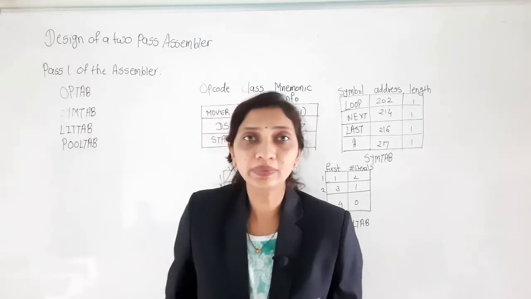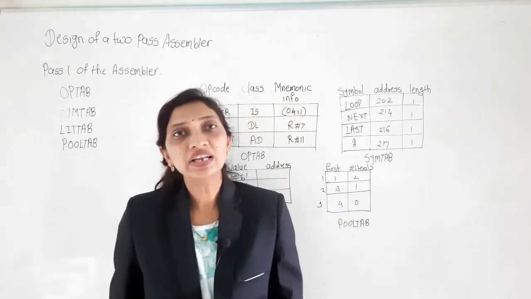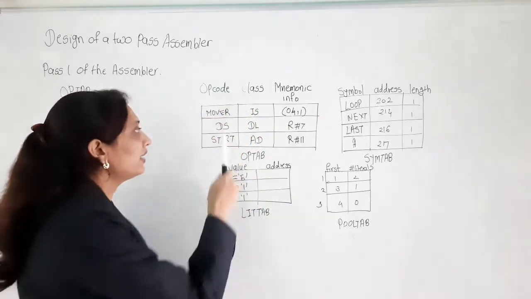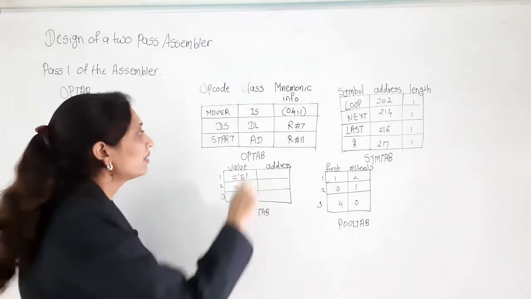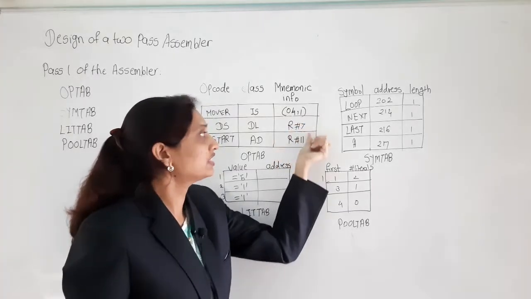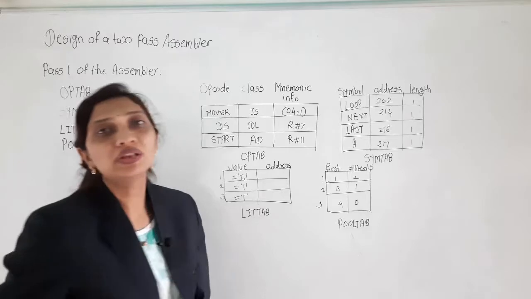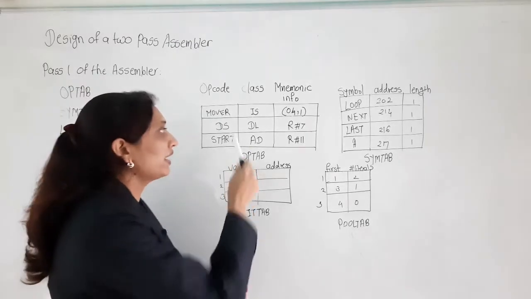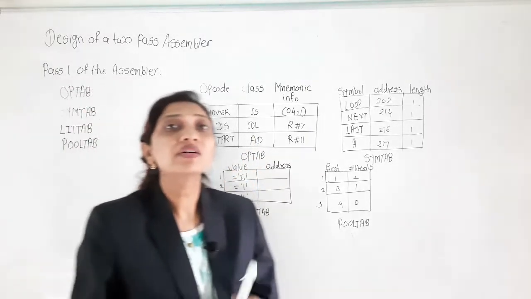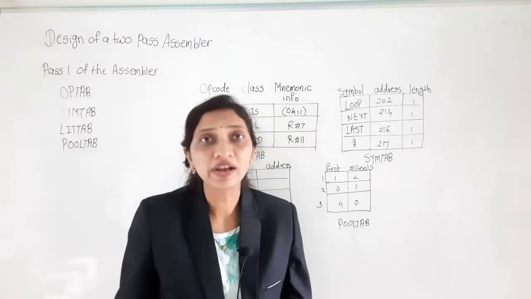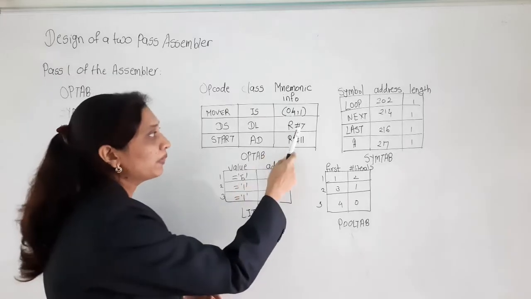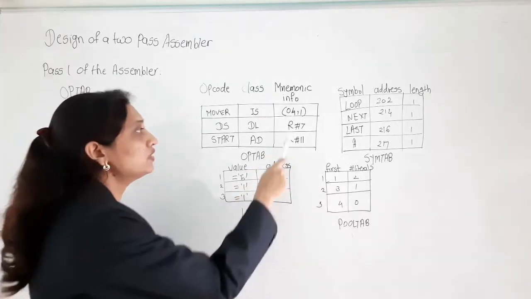The second kind is the declarative statement. Two declarative statements are there: declare storage and declare constant. Here DS is declare storage, and this is a declarative statement, so DL is used, and here we use a routine, R#7. Why do we use a routine here? Because when the statement is a declarative statement or assembler directive statement, the assembler has to calculate how much memory is required to store that instruction. So for that, a particular routine is called.